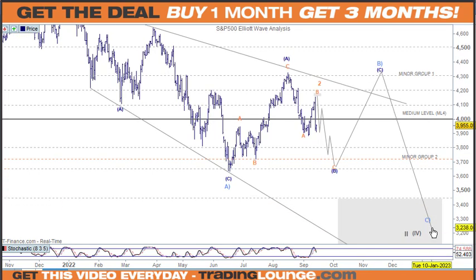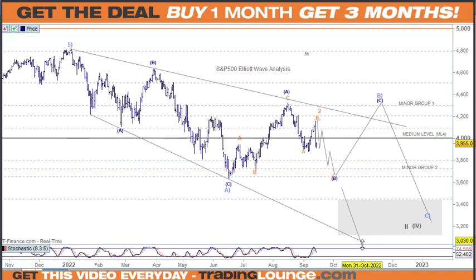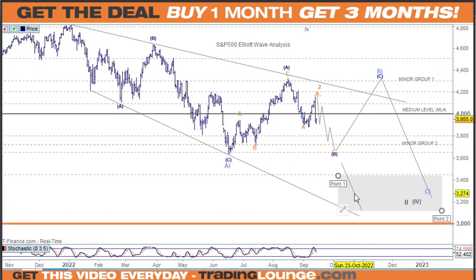Now it's also possible that this B wave here can be sitting in over here. And if that's the case, then we're going to have a deeper move down through here, but it won't be like that, in fact, because when a market comes down to the low here, it's going to bounce back anyway off the low to give it a bit of a double bottom and then go down. So we're not going to miss anything.